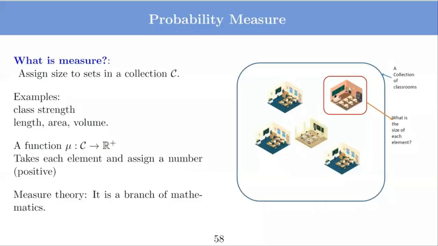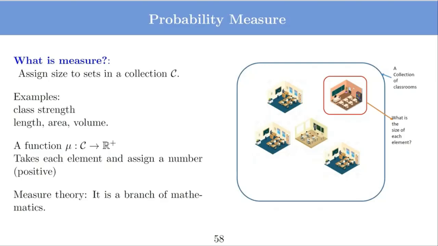Now, after defining the sample space, which is capital omega, and the sigma algebra on it, which is F, we move to the third component of the probability space, which is the probability measure. So the goal here is that once we have the set of all outcomes and we have defined a nice list of all the events we are interested in, now we will assign some probability to every event, and that will tell the probability or the chance of happening